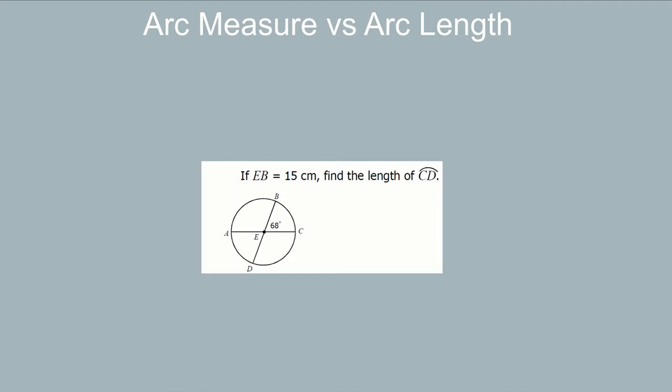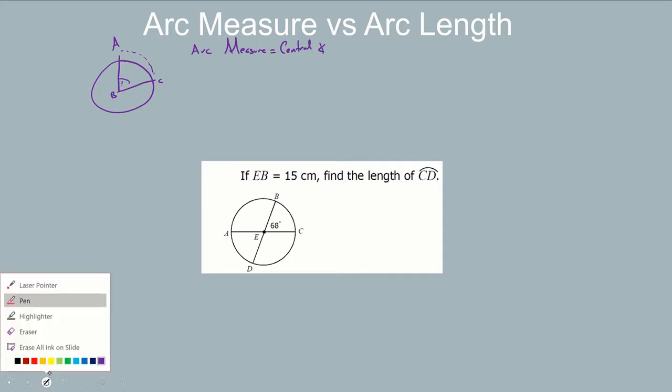The difference between arc measure and arc length. So remember, on a circle, the arc measure is going to be exactly the same as the central angle, right? So here, arc measure essentially is your central angle, whereas your arc length,